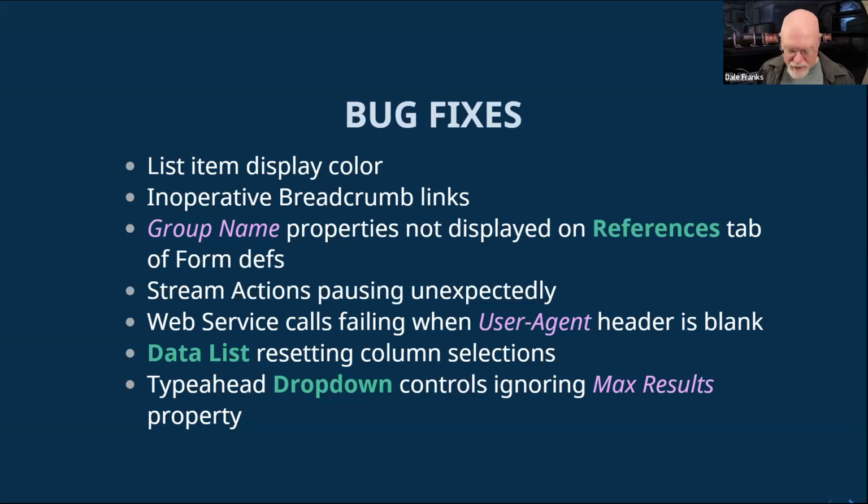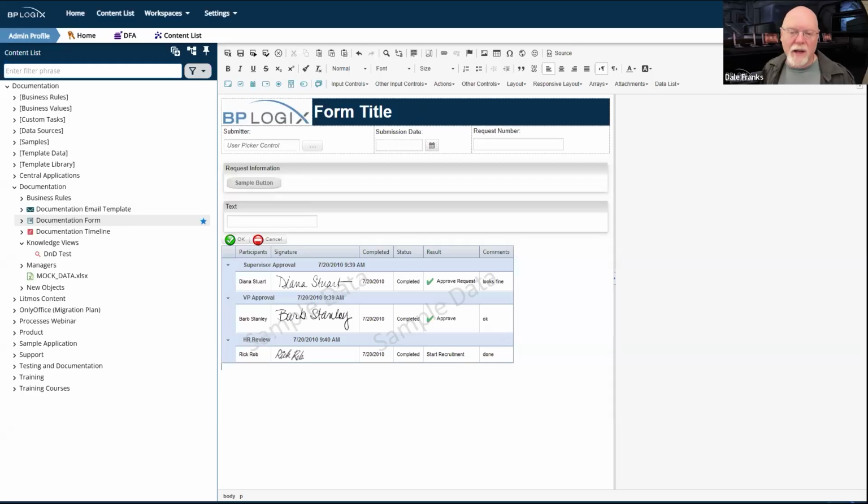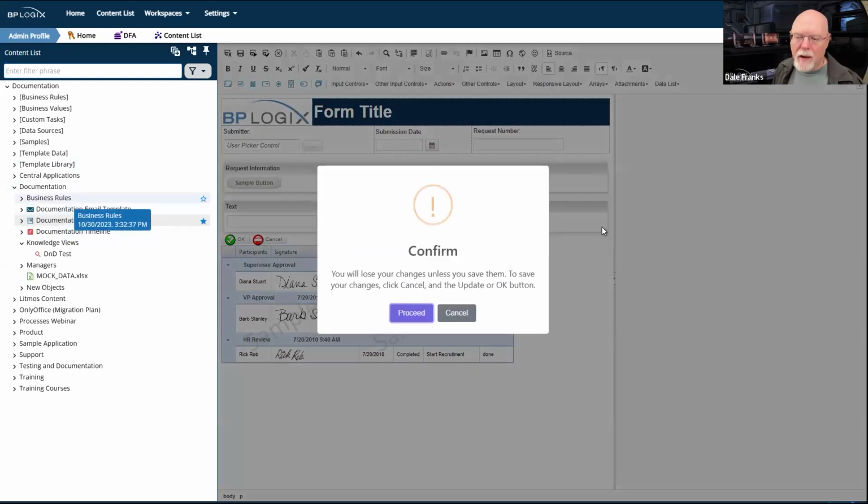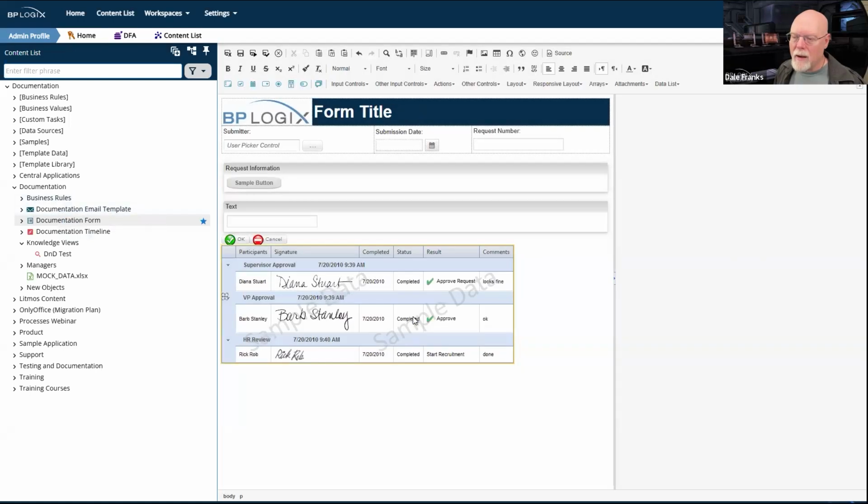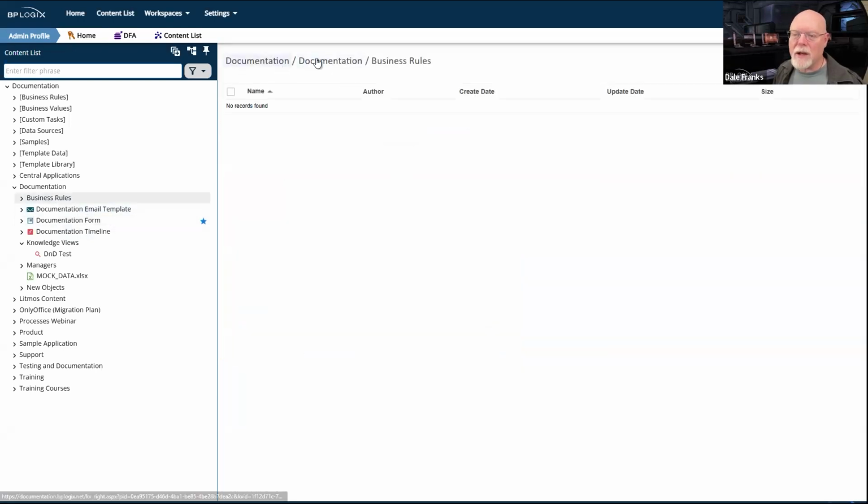The breadcrumbs inside the content list, so that whenever you're looking in a folder in the content list, up at the very top of the right hand pane of the screen, you see this up at the top. And these are all breadcrumbs, and these are all supposed to be links, by the way.